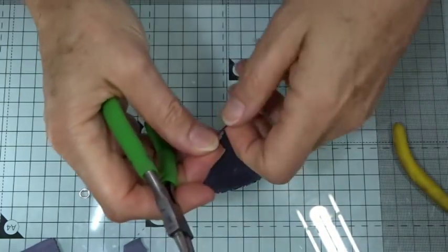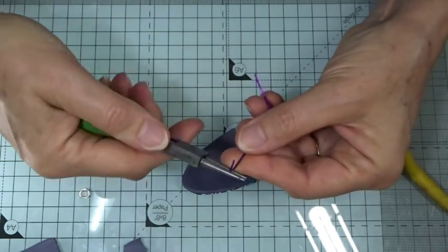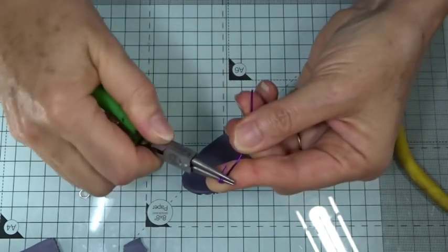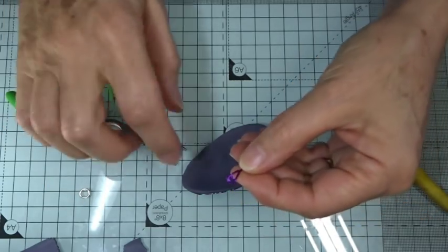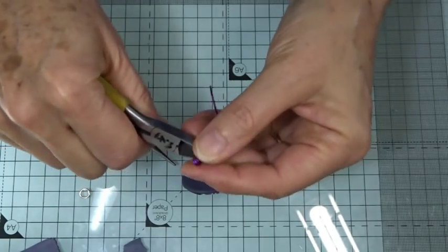Just use something that's the right size and thickness that you want. So I'm just going to take my pliers, these are round nose pliers, and I'm just going to create a double loop by just twisting it round. Can you see that? It's quite a small loop, so that'll fit better into my area. So I'm just going to chop off the excess,